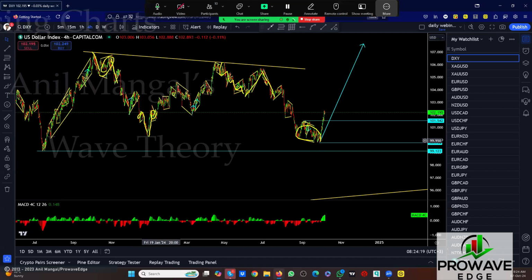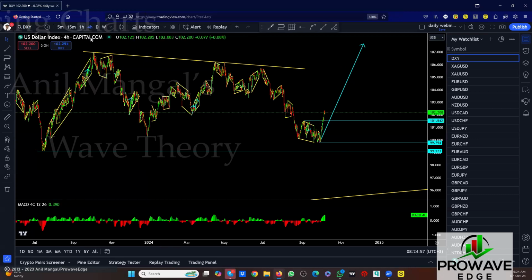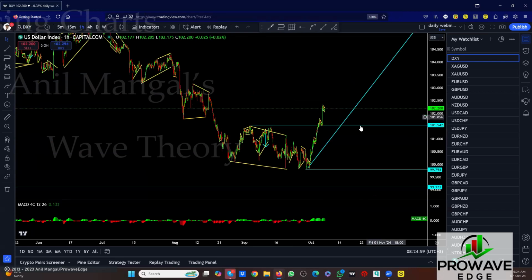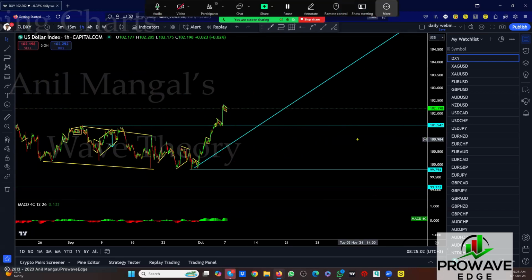Well, we figure out if it's a flat, for one more it has to come back here. So we traded it to this point, and then we said, okay, be careful. Let it break through that point, and let's see if it goes here. See? Now there are things that are going to happen. Remember, it's wave analysis. It's not going to go in one straight line. If it was, it would be called straight line analysis. So you're going to find small corrections, small corrections, small corrections. And at some point, one of them becomes a big correction, after which now you're sure it's going more.